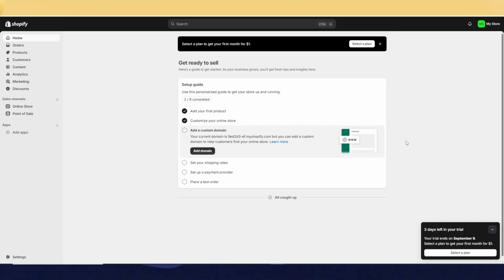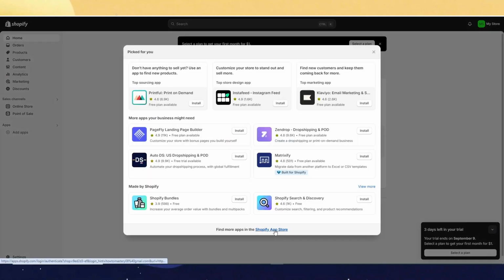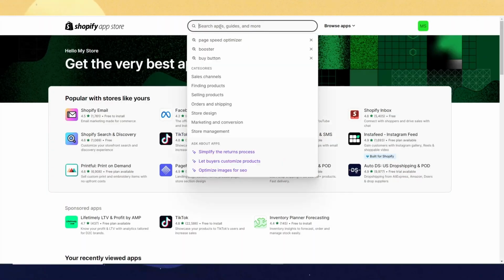How to add frequently asked questions on Shopify. So first go to your Shopify homepage, then click on Add Apps, then click on Shopify App Store, wait for it to load, and then we're going to look for section